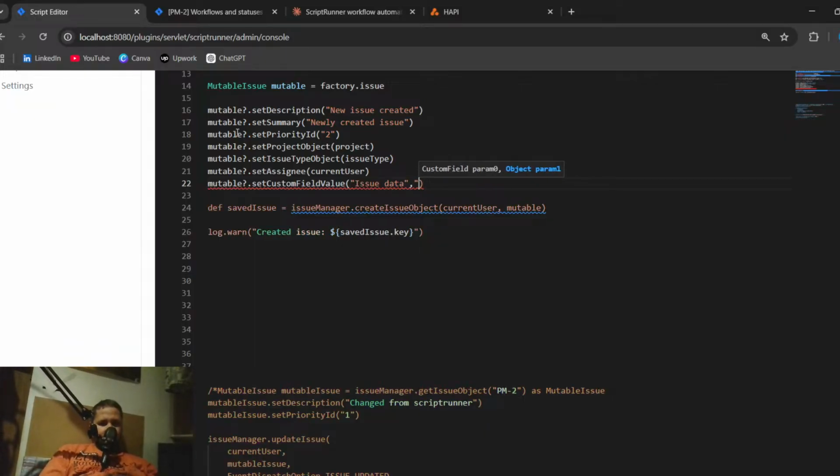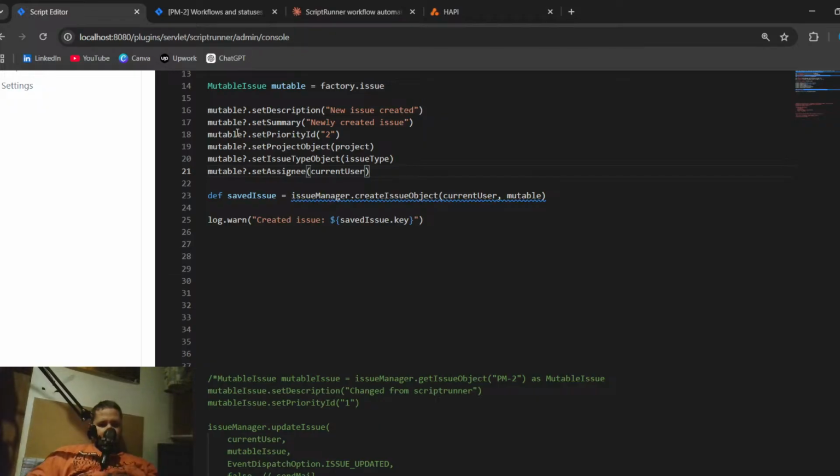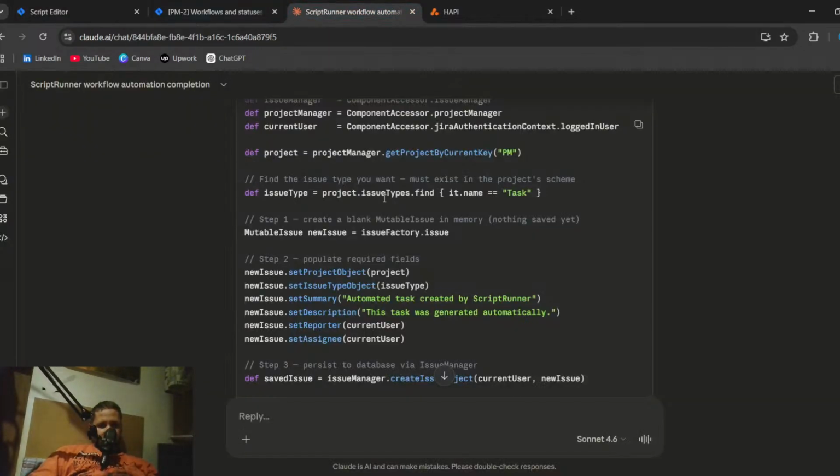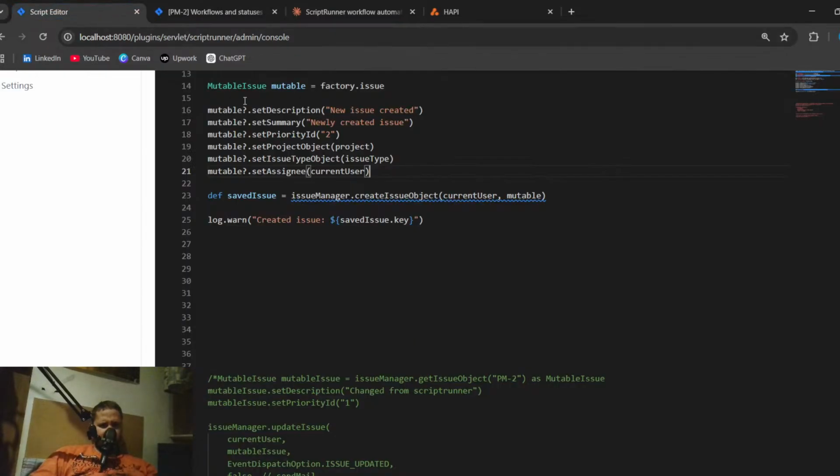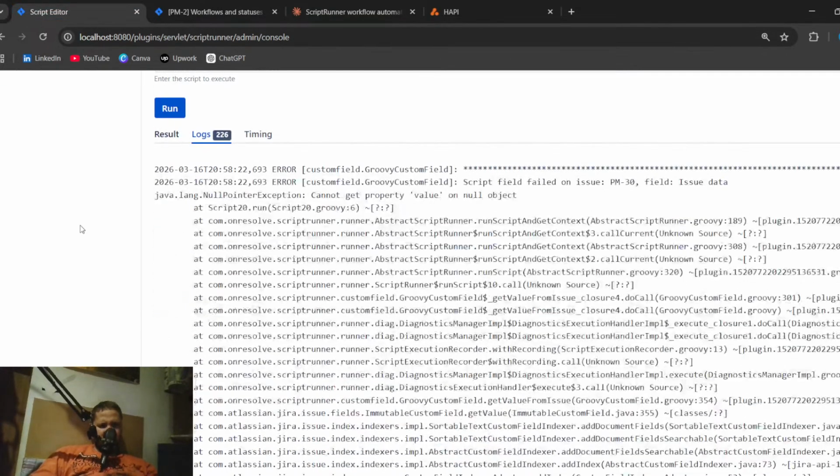No. Yeah, but I know why it's doing that. Because there is that field as well, and it wasn't included. It's actually on the screen. But it will also say for the script runner too. Because it's also the